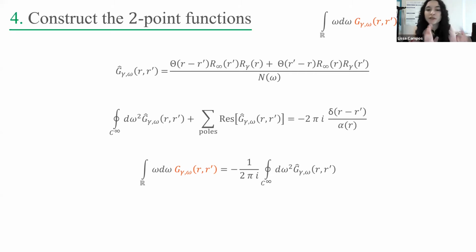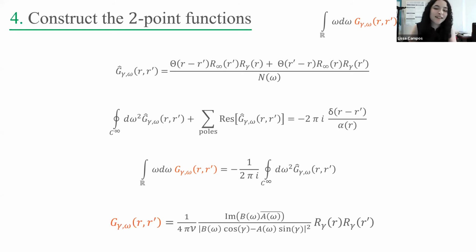And if we compare this identity from spectral theory with that identity from imposing the canonical commutation relations, we have this equation here. And if we can do the contour integral, which we can in this case, and we can actually find out g of gamma of omega through this identity, then it's done, right? So in this case, we can do it, and it looks like this.